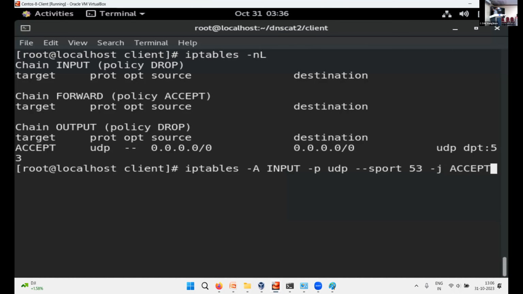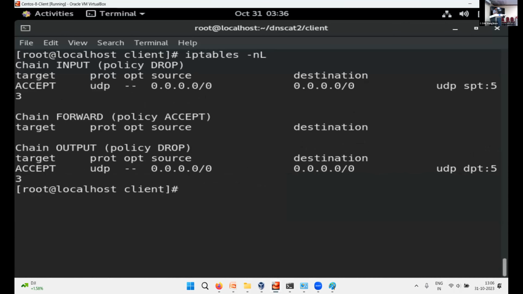If anybody is giving me a reply from port number 53, please accept. If I'm getting a DNS reply, please accept. So these two rules I added are only related to DNS. If I say iptables -nL again, you see these two rules are there: one outgoing DNS, one incoming DNS. And now, still I'll see whether I'll be able to ping that system or not.